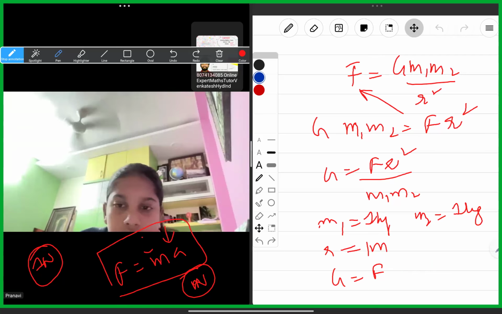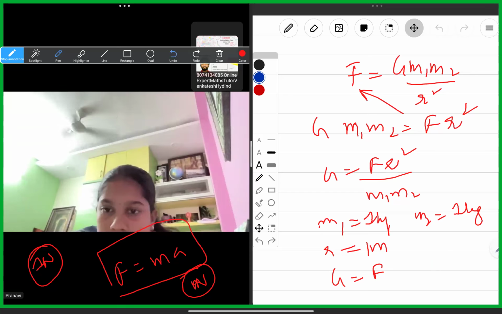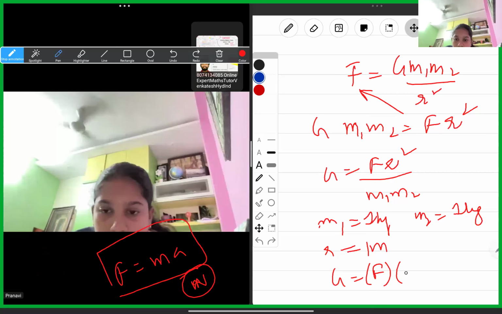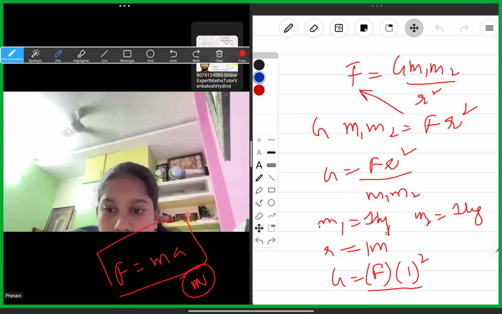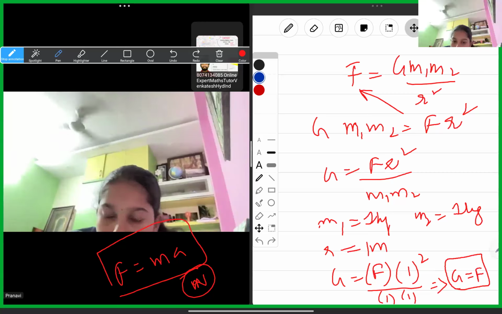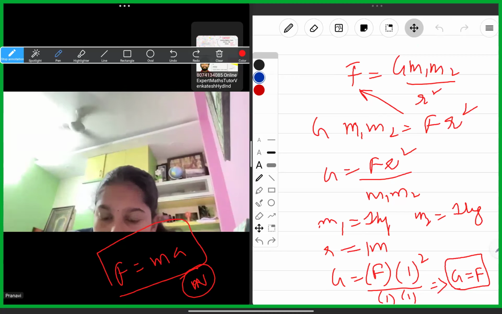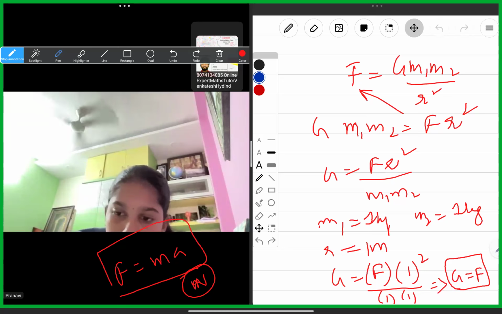We are just understanding the force if the bodies have 1 unit, all of them have one. So F into R square is 1 square 1. So in that case, G is equal to F into 1 square 1 by 1. So we are getting an equation like G is equal to F, which means whatever the force of attraction between two bodies of 1 kg, if they lie at a distance of 1 meter,